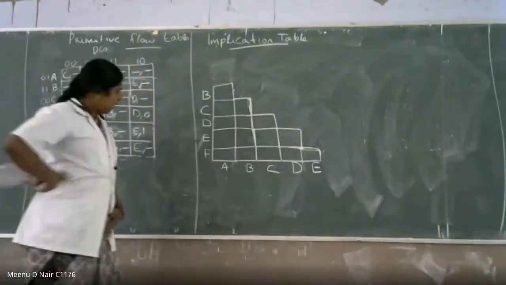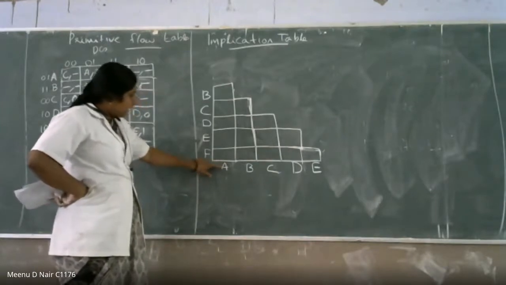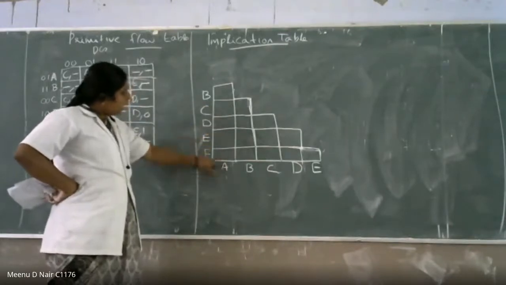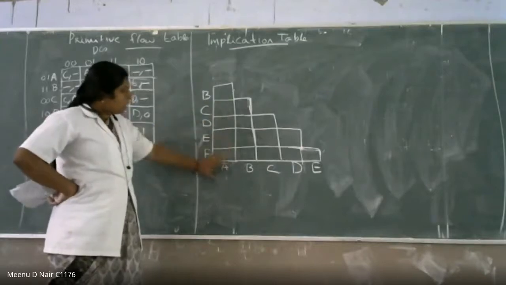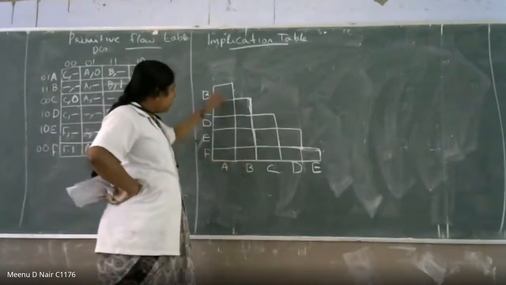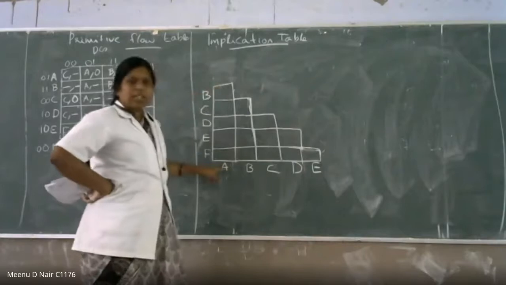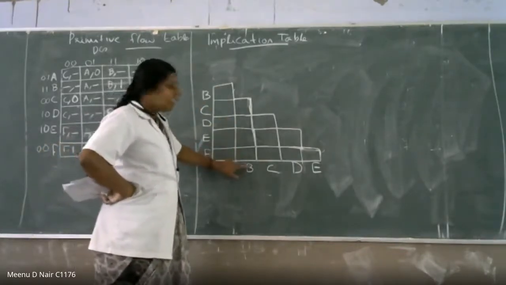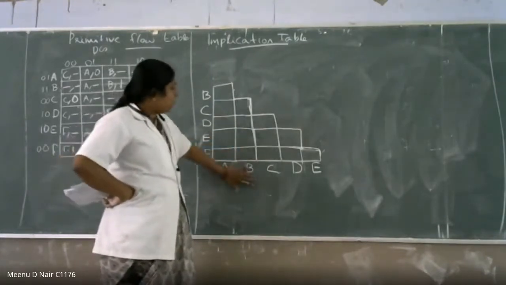So this is nothing but what you are doing here. You are comparing A to B, A to C, A to D, A to E, and A to F. So from A, all the things you completed. Once it is coming to B, you need not compare B with A because it is already compared here. So B has to compare with C, D, E, F. So A and B part is over.